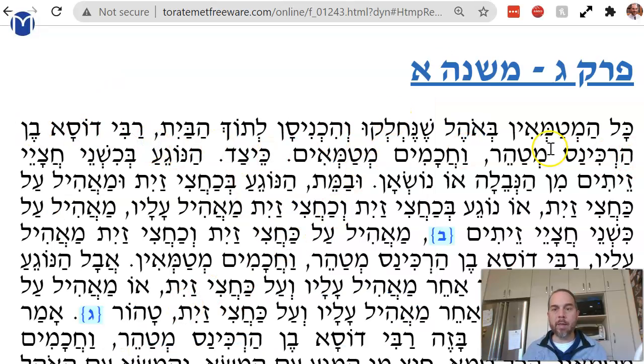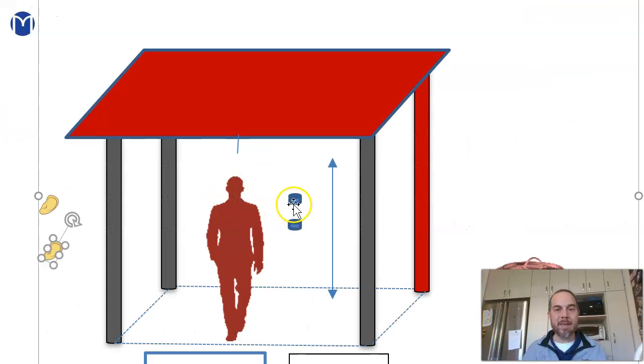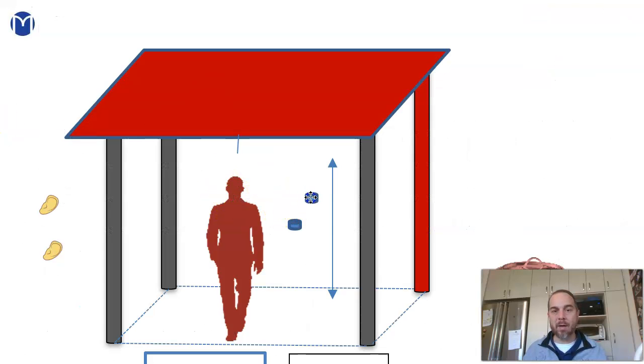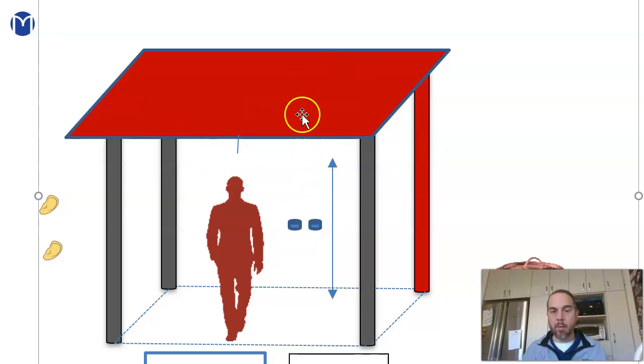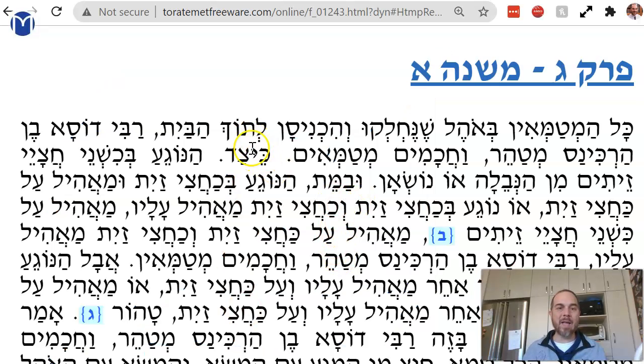Rabbi Dosa ben Hirkinis mitahir. Rabbi Dosa ben Hirkinis says it's tahor. V'chachamim mitamim. Chachamim say it's tameh. Meaning, Rabbi Dosa ben Hirkinis says half a kazayit is not enough, and each one is half a kazayit. So therefore, in order to be tameh, you have to have full kazaytim. It has to be bigger. The Chachamim say no. In the end, he's in the same ohel. He's in an ohel with a full kazayit. Chachamim say that's tameh. But it's obviously going to get much more involved than that. Ketzad, how does that work?